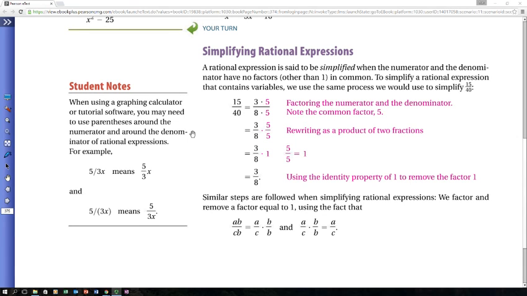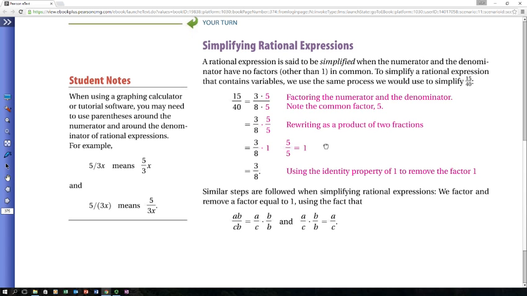Chapter 6, Section 1, the second part here is simplifying rational expressions. We're going to go back to really looking at how, when we simplify fractions, it's easy to forget what's really going on when we do this. And so this is a nice review about how we're using factors that will end up being ones, the same numerator and same denominator, which allows us to basically prove that, in this case, 15/40 is equal to